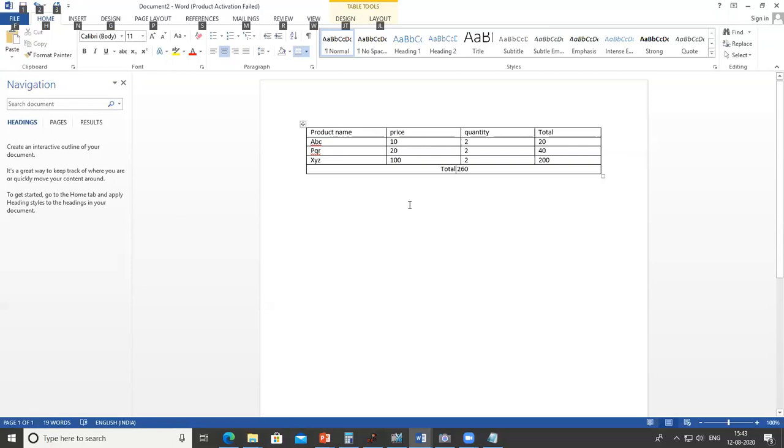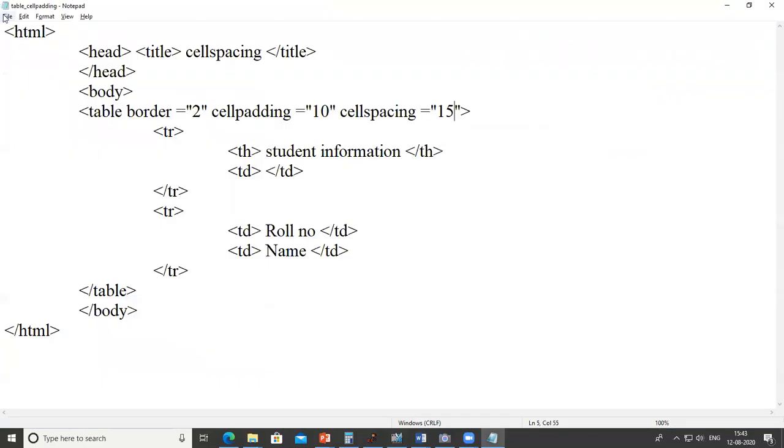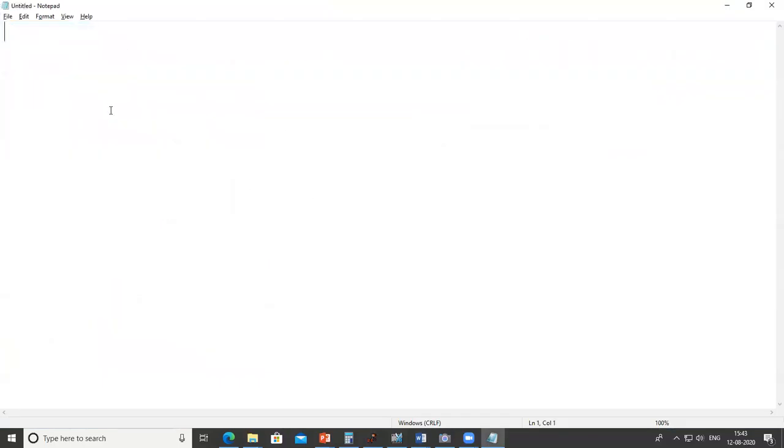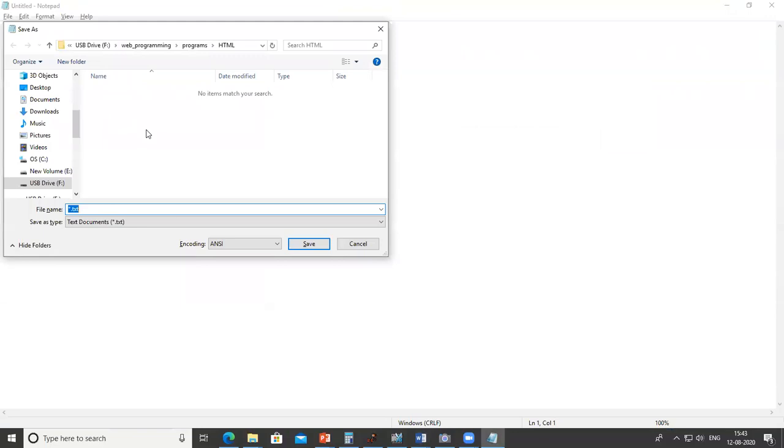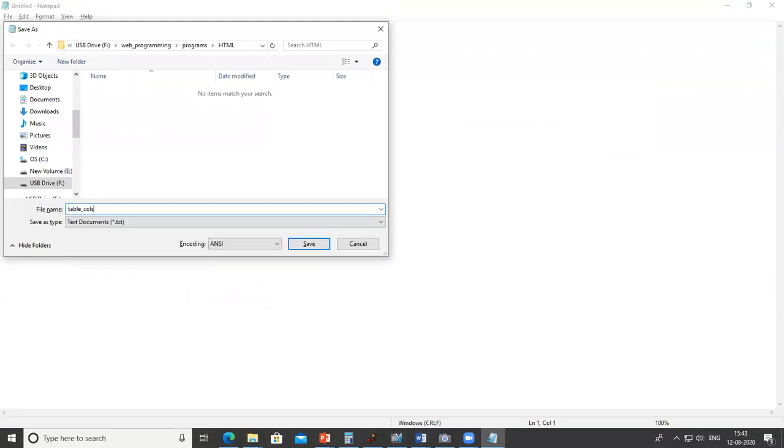So let's see how to draw it. So here we save the table with col span dot html and click on save.